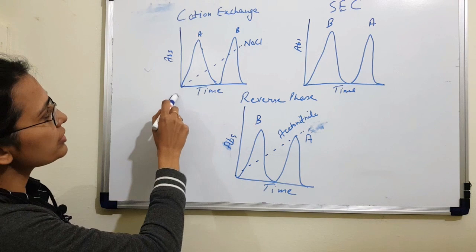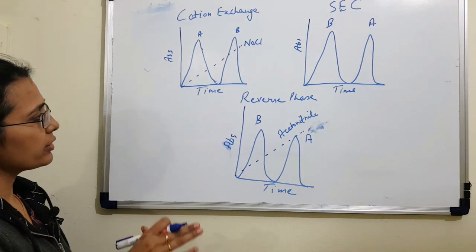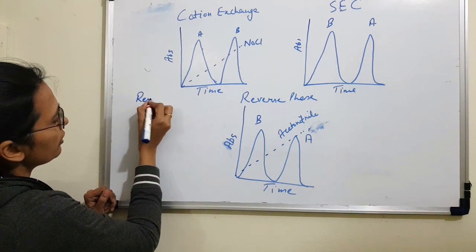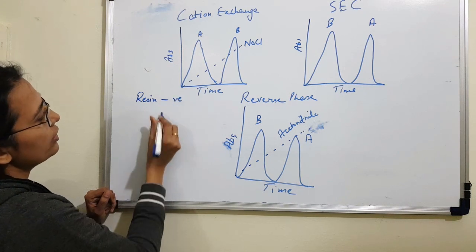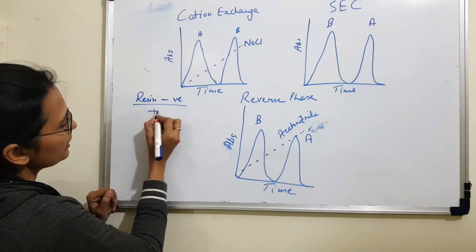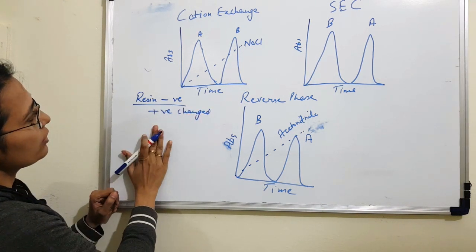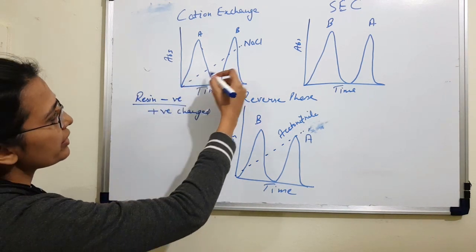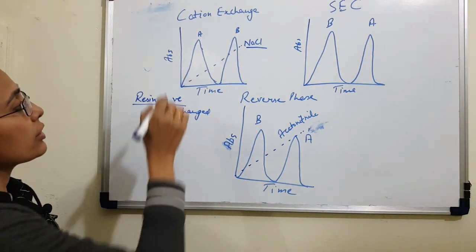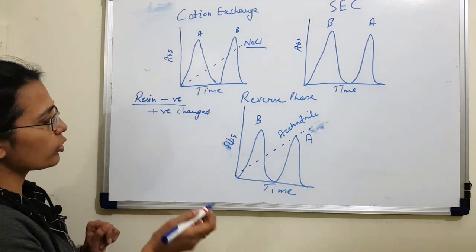So the first graph is from cation exchange chromatography. Since it is cation exchange chromatography, you're going to use a cation exchanger. So the resin is going to be negatively charged, which means that your molecule of interest should be positively charged. Now during elution, when you increase the concentration of NaCl, the biomolecules are going to be separated in the increasing order of their positive charge,